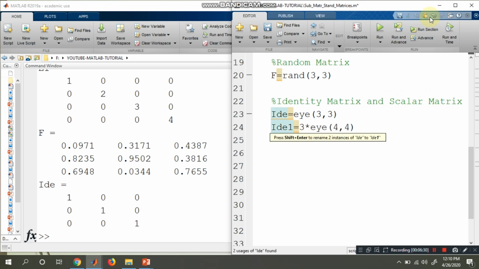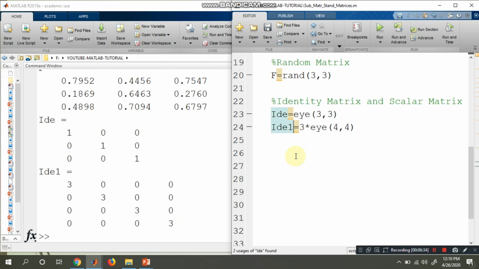I'll take a new name on the left-hand side, IDE1. See what we are getting. Or suppose I would like to take minus 3, I'm just typing minus 3, see here minus 3. So this is, friends, how you find submatrices and what the standard matrices are in MATLAB. Thank you.